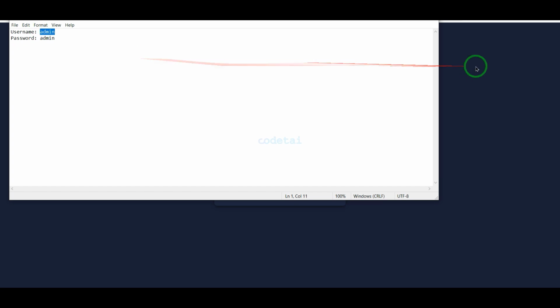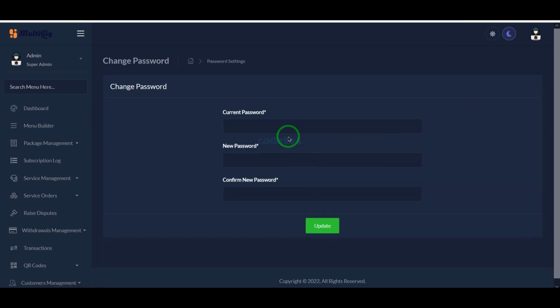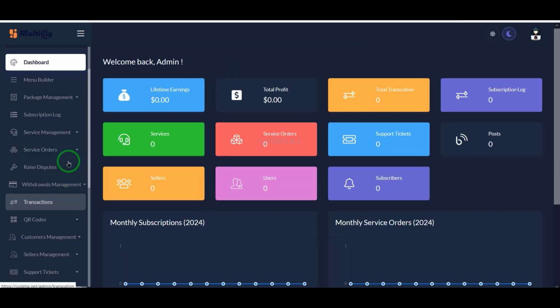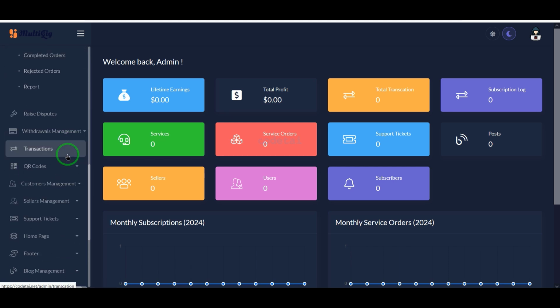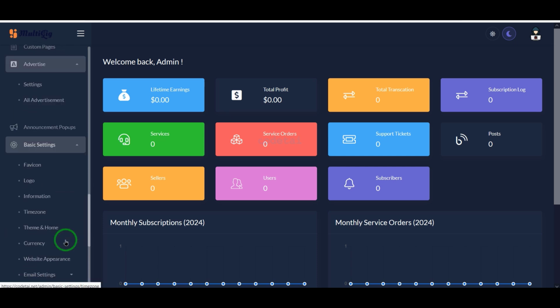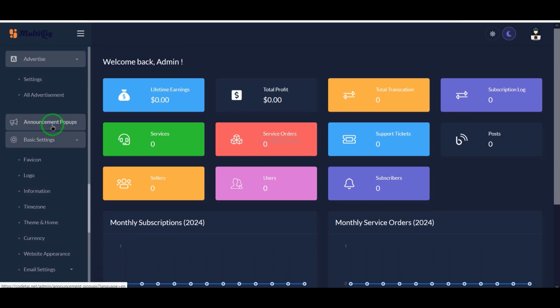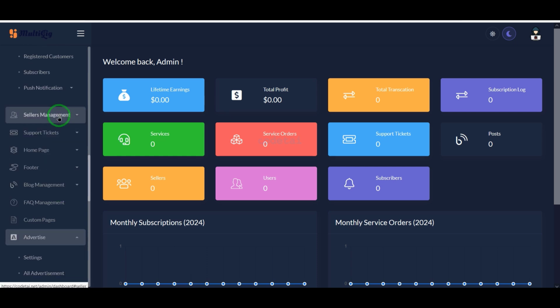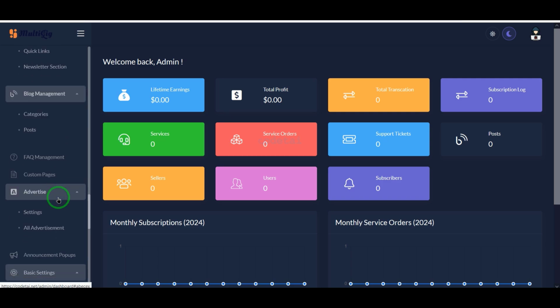Here we have to submit admin login information. Then we must change the admin default login password. Now we can customize website features and functionalities step by step through admin panel. Because in the admin panel you are getting all kinds of features section to change the website design. You can change these features and functionalities according to your needs step by step. You get all the features to manage the website through the admin panel.